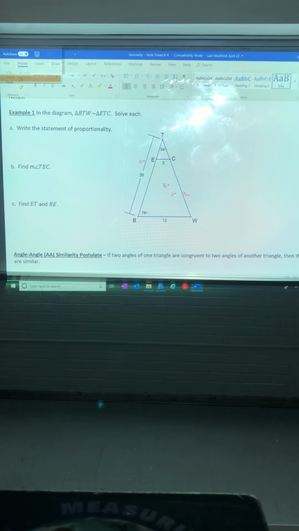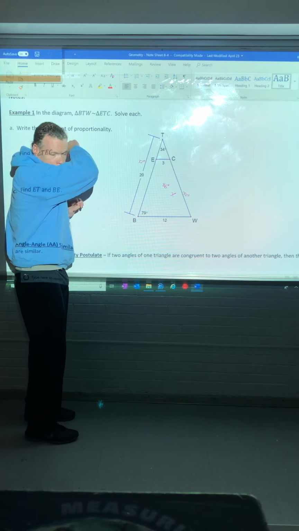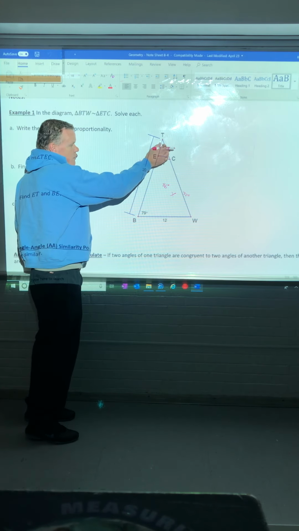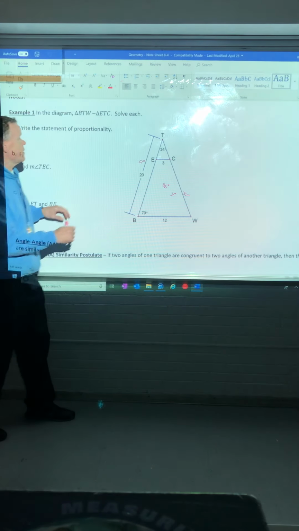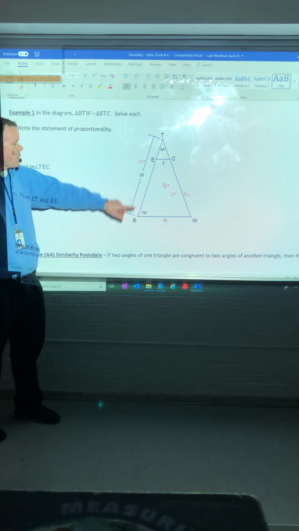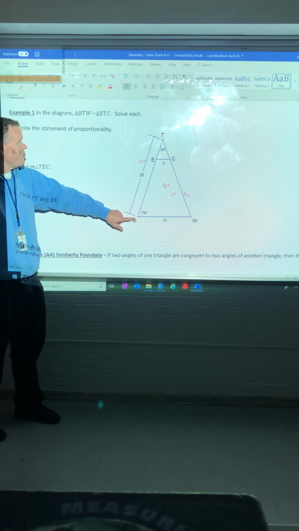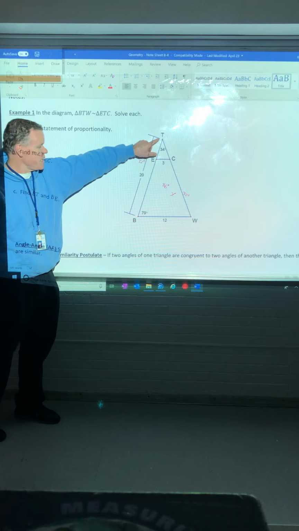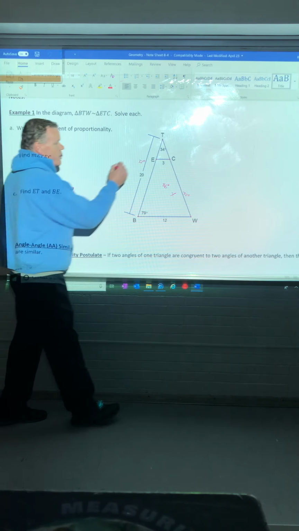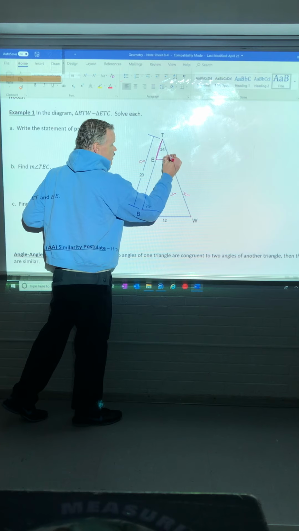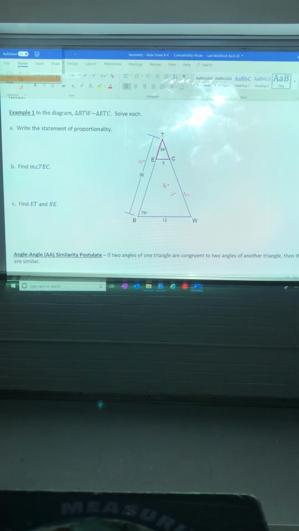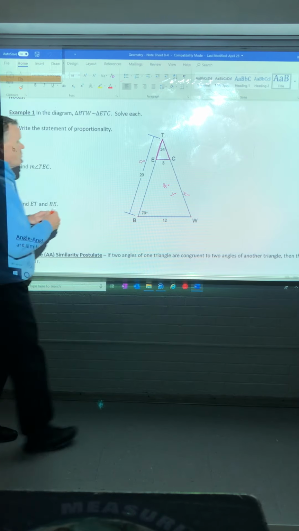Okay, what we're going to do first here is write our statement of proportionality. In our statement of proportionality, you want to see what sides are in proportion to other sides. Basically, let's look at this as a whole. We've got our small triangle right here, TEC, or you could say ETC, and our bigger triangle is going to be B, right here, TW. So you're really looking at a smaller triangle right here, and then the bigger triangle, you can even put that on the outside,